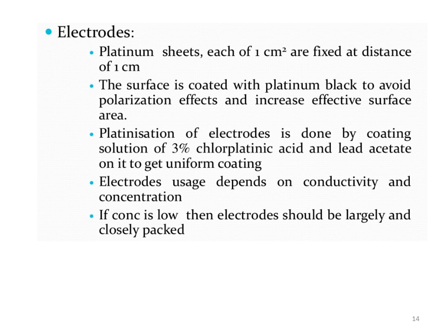Okay, to avoid polarization effect and increase effective surface area. So the surface area is increased effectively. How? Let us suppose their area was 1 centimeter square. When we apply a platinum black coating on this, then we increase not only the surface area, but we also increase the black surface that avoids the polarization effect.